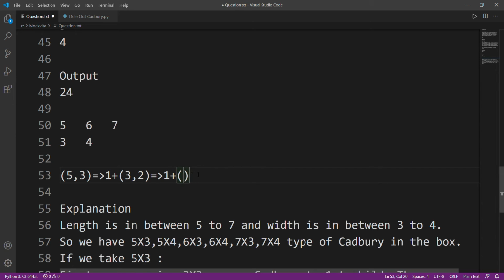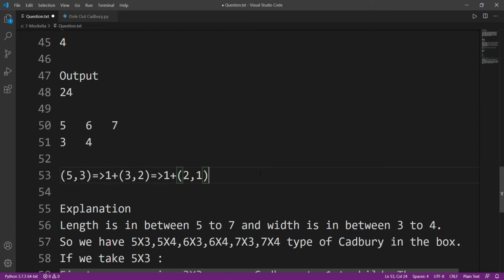What is that? Let's assume that 5 by 3, in 5 by 3, 5 was our length and 3 was our breadth. Okay, after removing the largest square, what were our dimensions? It was 3 and 2. Okay, now how do we calculate it? If 5 was the length and 3 was the breadth, then after removing the perfect square, 3 became the length and 5 minus 3 became the breadth.